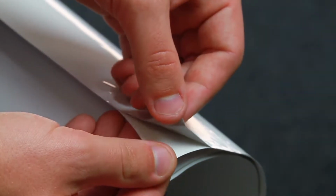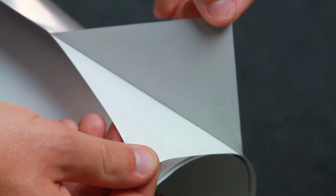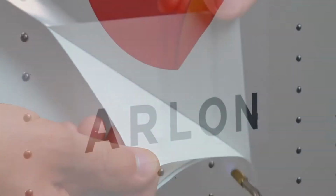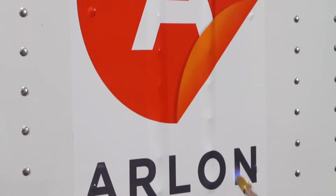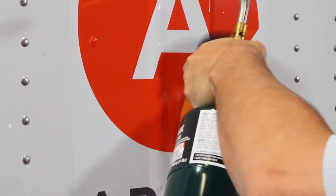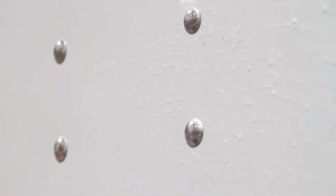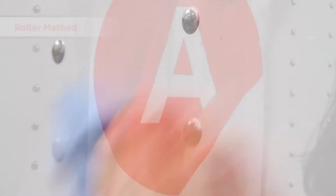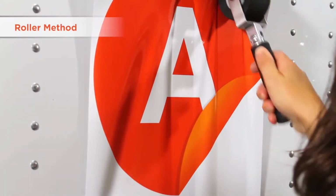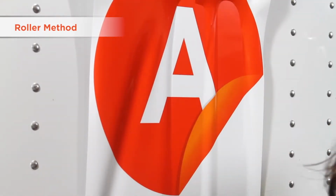With the widespread use of air egress technology in most premium films, rivets have become much easier and faster to install. Arlon's digital fleet graphics films use a unique air egress pattern that allows you to finish rivets quickly. First, clean with a detergent mixture and then finish cleaning with isopropyl alcohol. Begin by installing the vinyl between the rows of rivets,